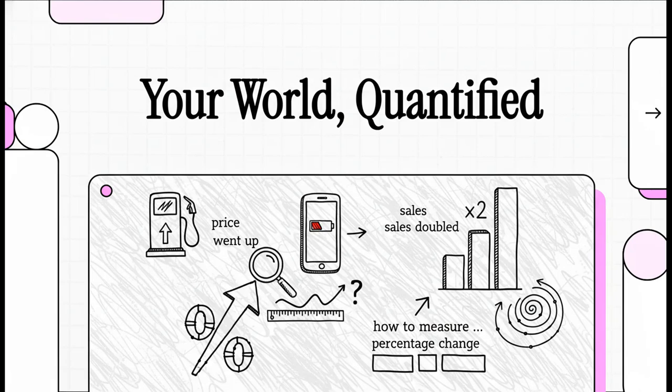You know, we are constantly surrounded by numbers telling us that things are changing. The price of your coffee went up, your phone battery is draining, and investment has doubled. But how do we actually measure all that change in a way that really makes sense? Well, today we're going to break down the one simple, super powerful tool you need to quantify your world: percentage